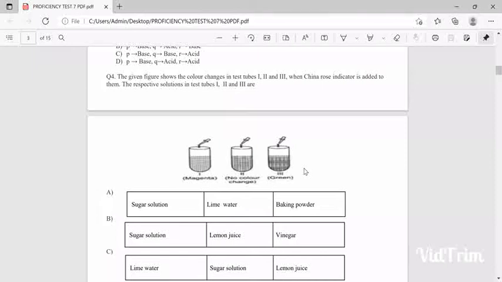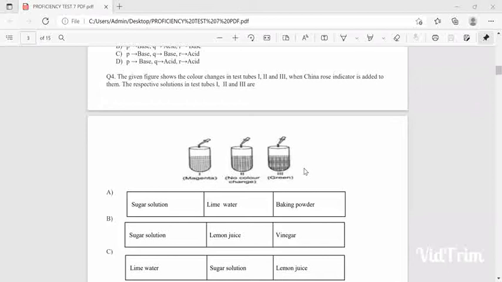Today in this video lecture we are going to discuss the solutions of science mock test for class 7th. This is the second part of the video wherein we are going to discuss question number 4 to question number 10. So the statement of question number 4 is, in the given figure shows the color changes in test tubes